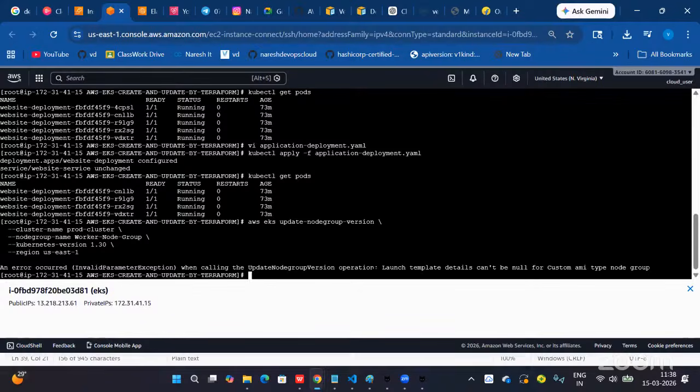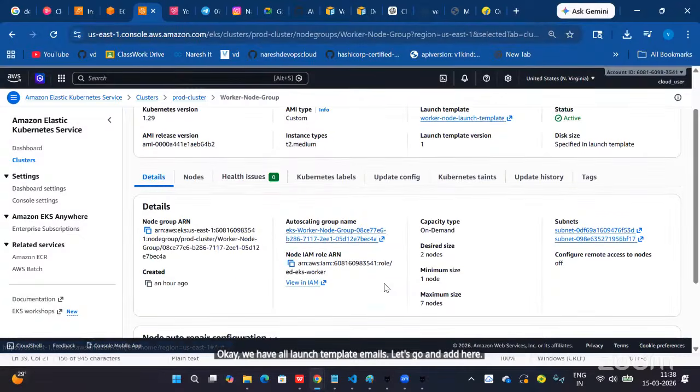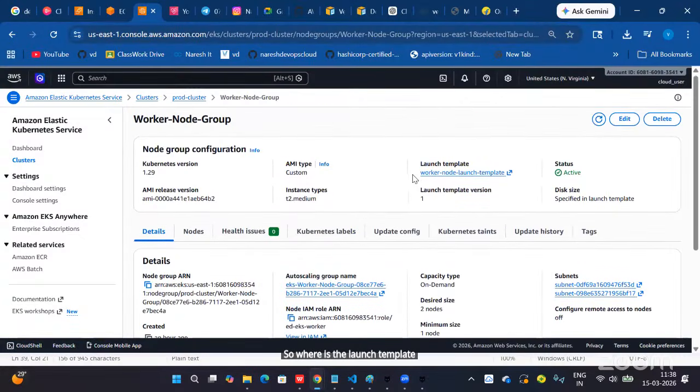Launch template details can't be null for a custom AMI type node group. Okay, we have to pass the launch template AMI also. Let's add it here. So where is the launch template AMI here? This one.